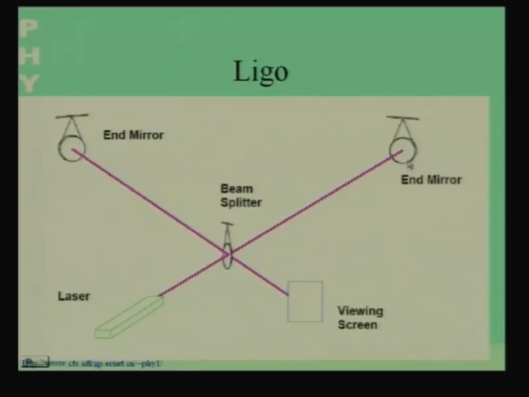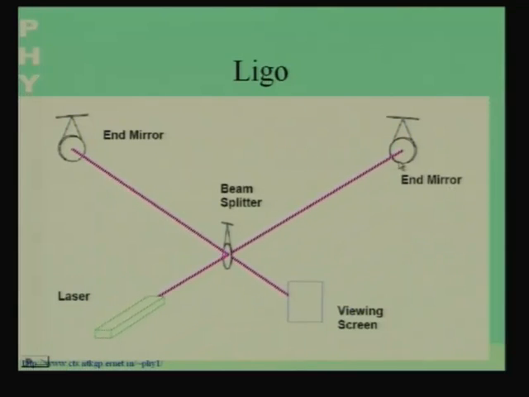So, this particular mirror is going to do vibrations like this, and this mirror is also going to do vibrations like this. It so happens that in gravitational waves, the oscillations produced in the two mirrors are out of phase. So, this mirror is going to come inwards, this mirror is going to go out, and then it is going to reverse. So, this mirror is going to come in, this mirror is going to go out, and so this is the effect of gravitational waves, which if they are incident on this Michelson interferometer, it is going to make